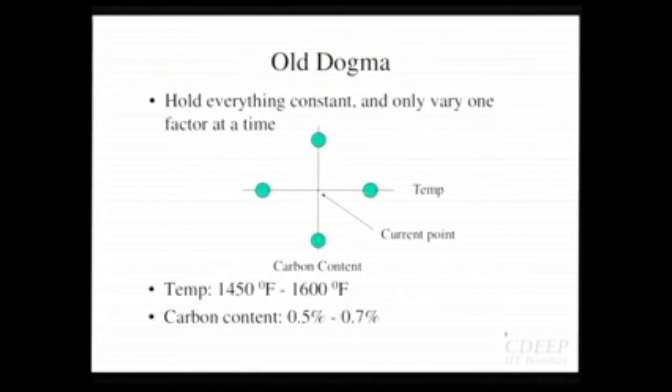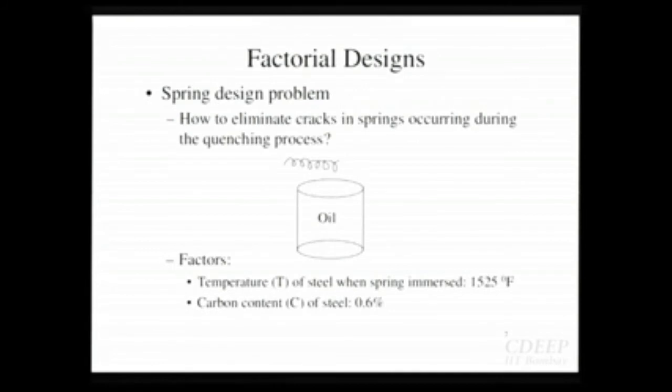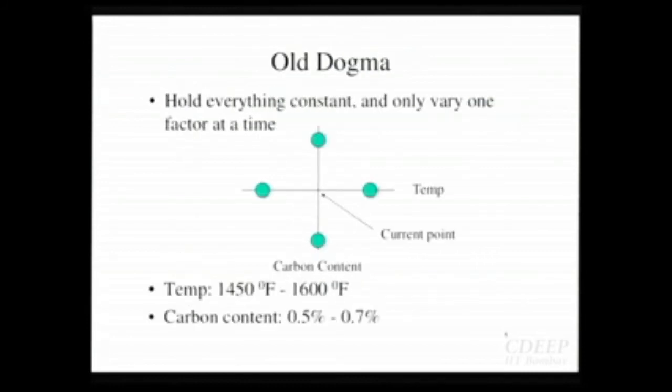So the whole idea in this design of experiments is, here I'm not saying there is a linear model or a quadratic model. We don't know anything. We don't even know whether these two variables affect cracking, or whether there are some other variables. So really there are two types of paradigms.